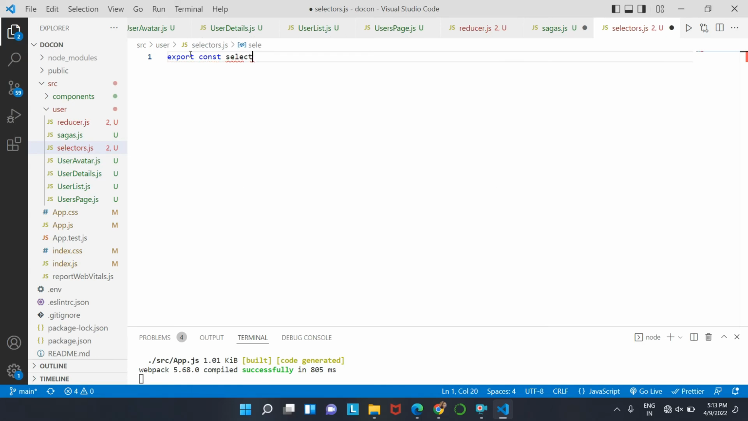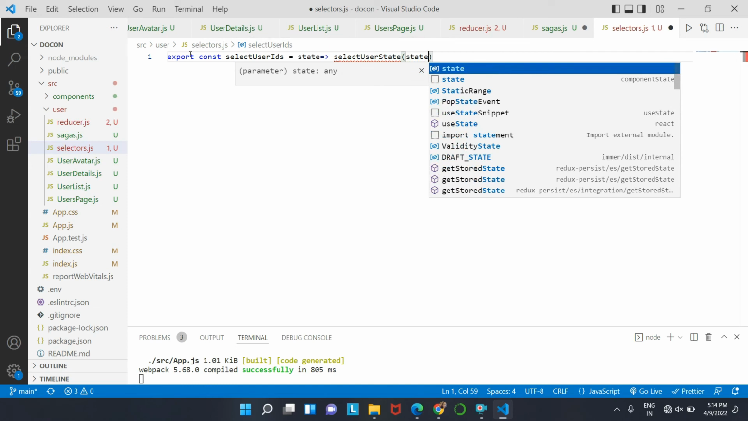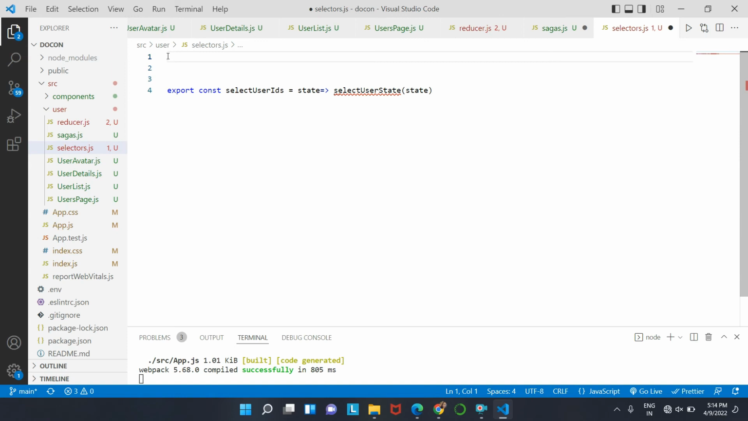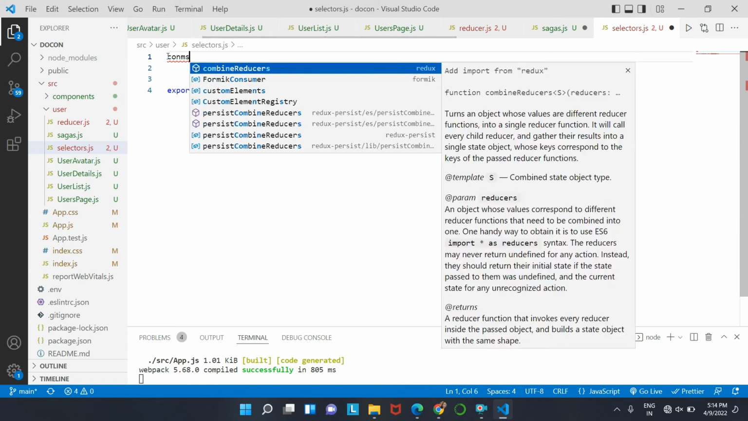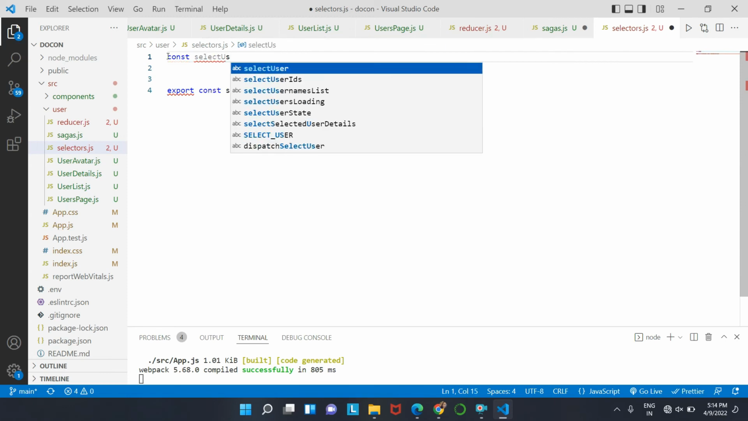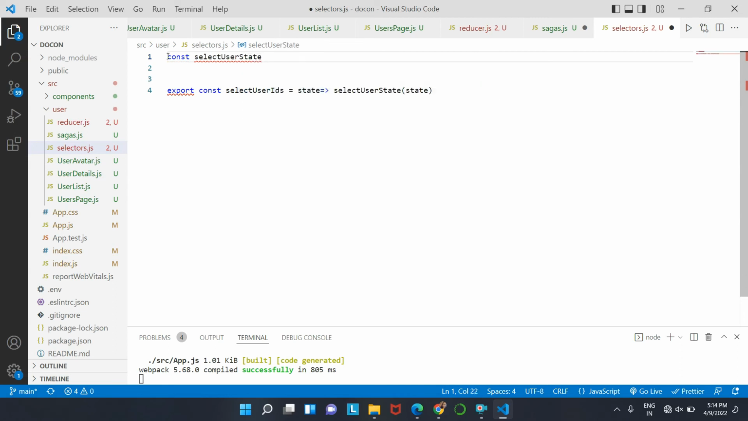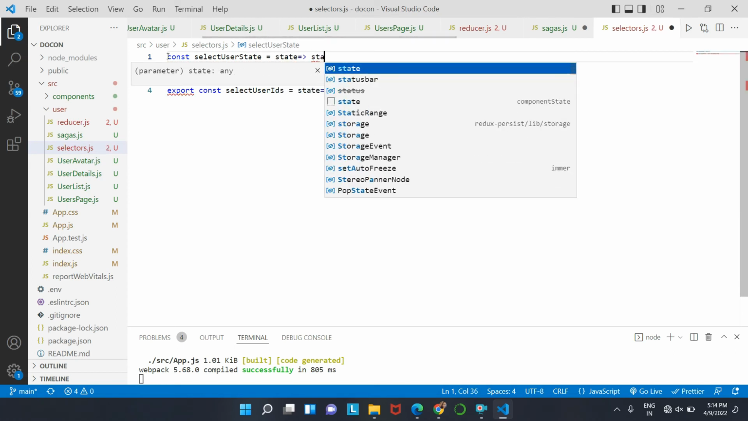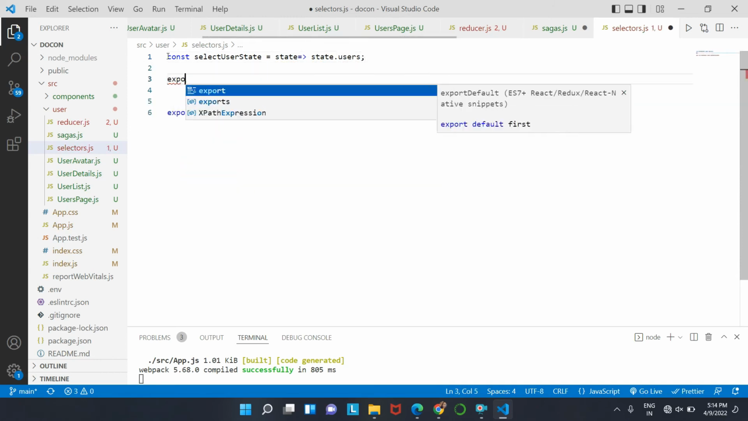export const select user IDs state, select user state, passing the state as the argument. And I missed out some. So first const select user state, taking state assigned to state dot users,